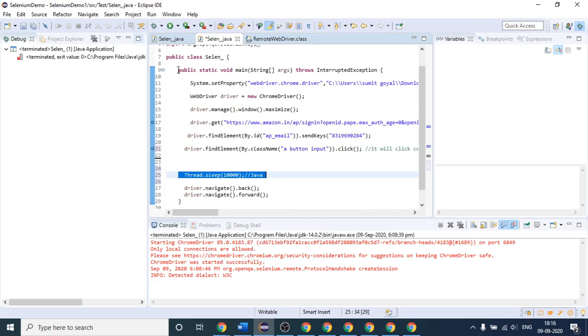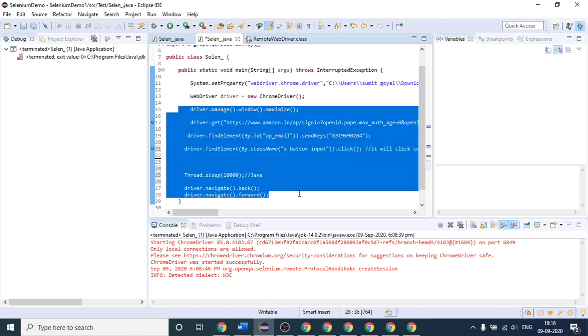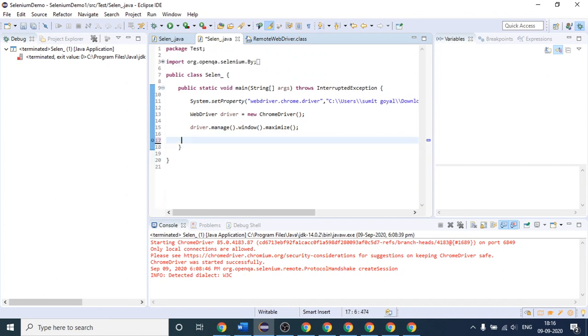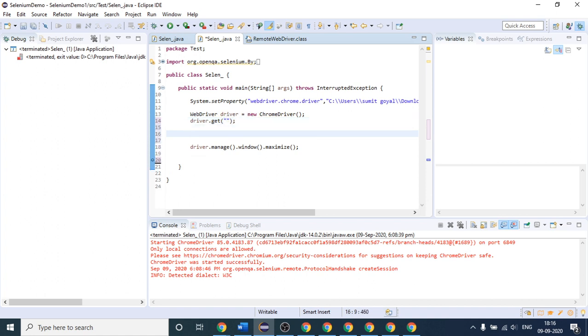I got your point. Should I remove this code? I think I should not remove this. So with the help of two browsers, suppose I will write driver.get. Suppose this is whatever the website may be here. I am removing this as well.